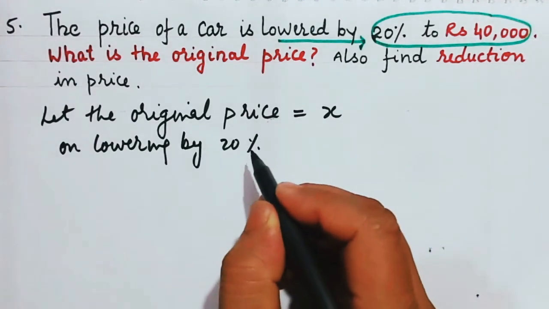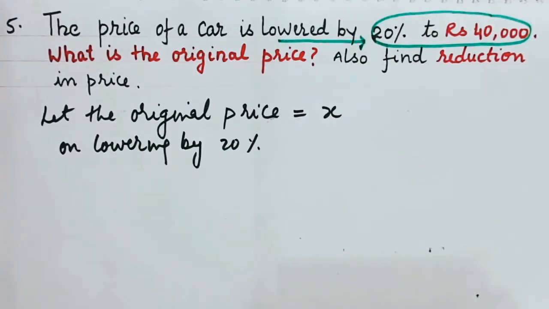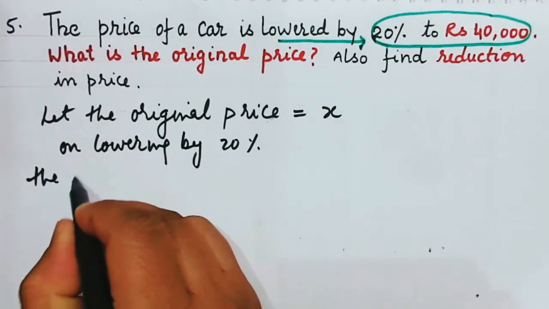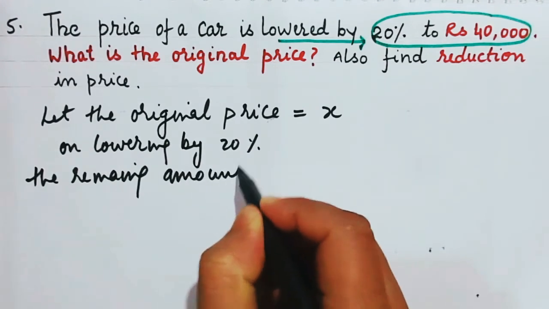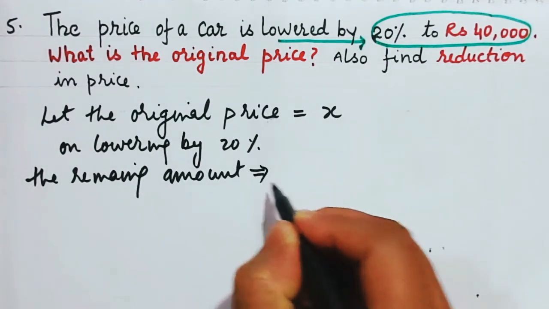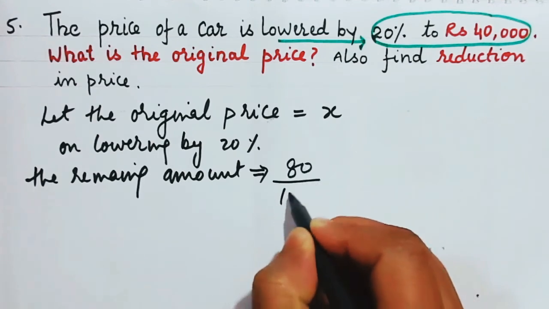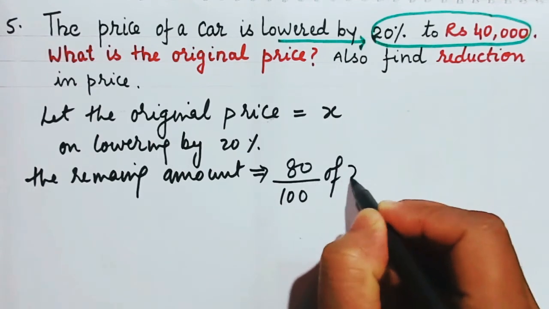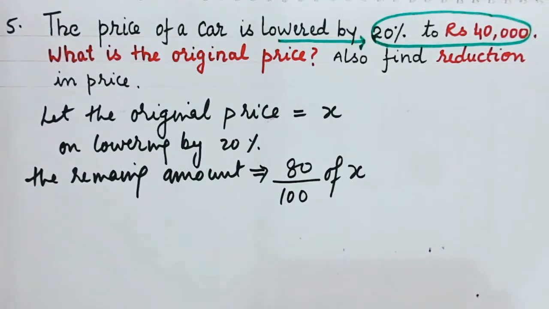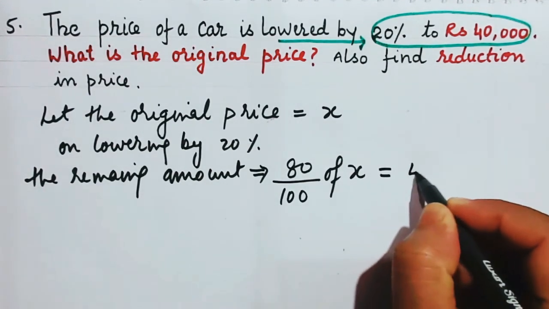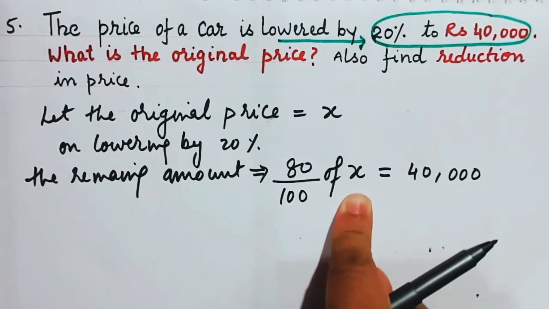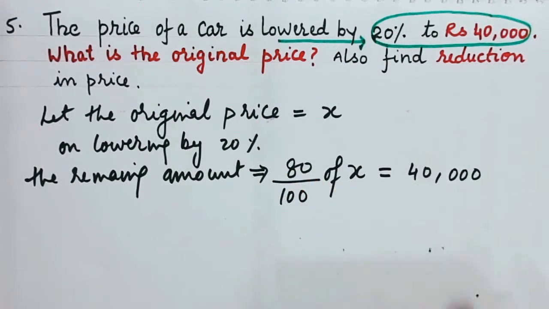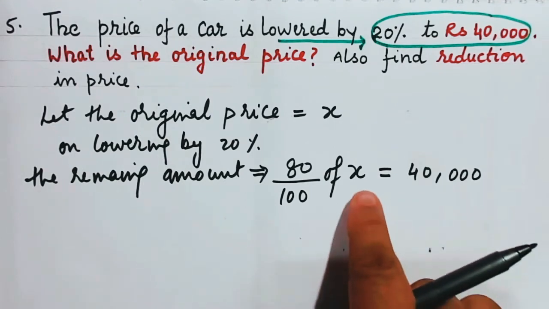The remaining amount will be equal to 80% of the original price, which is equal to rupees 40,000. Very good. Now once you get this equation, 80% of X is equal to 40,000, you can easily find